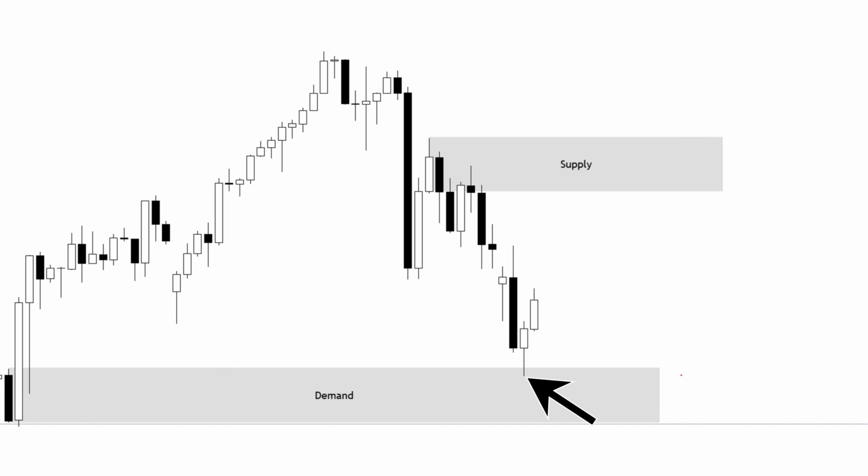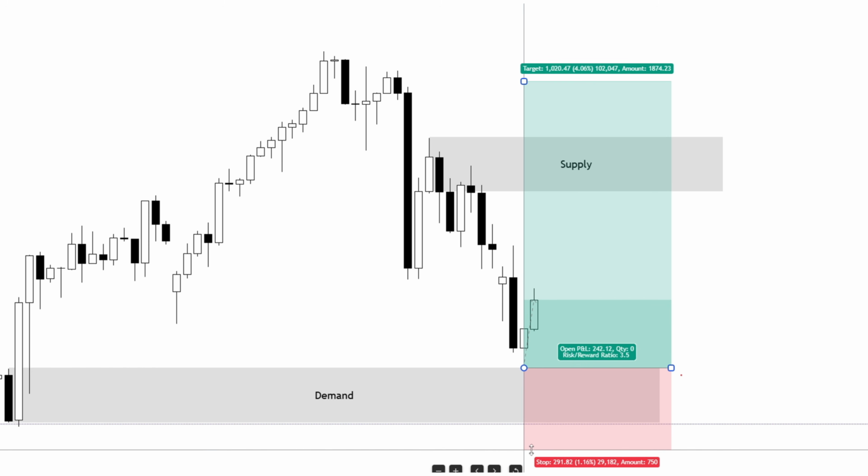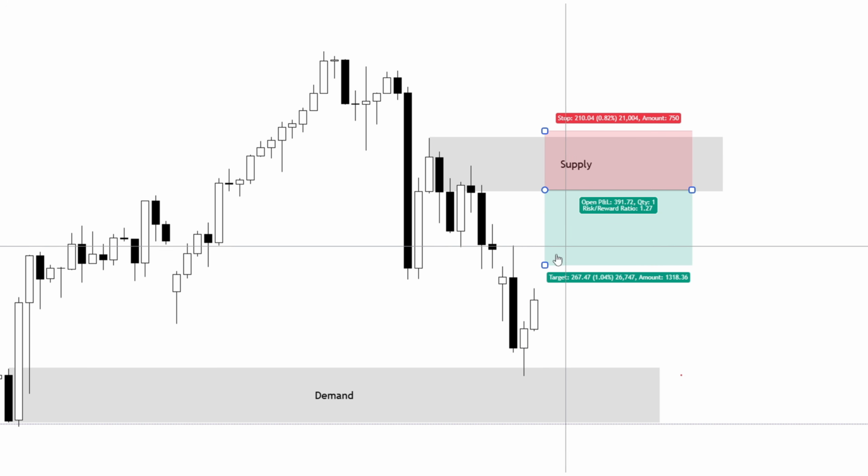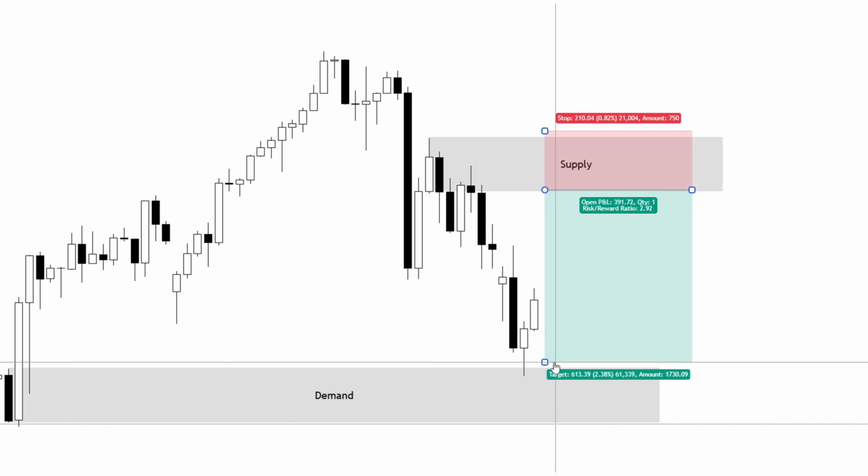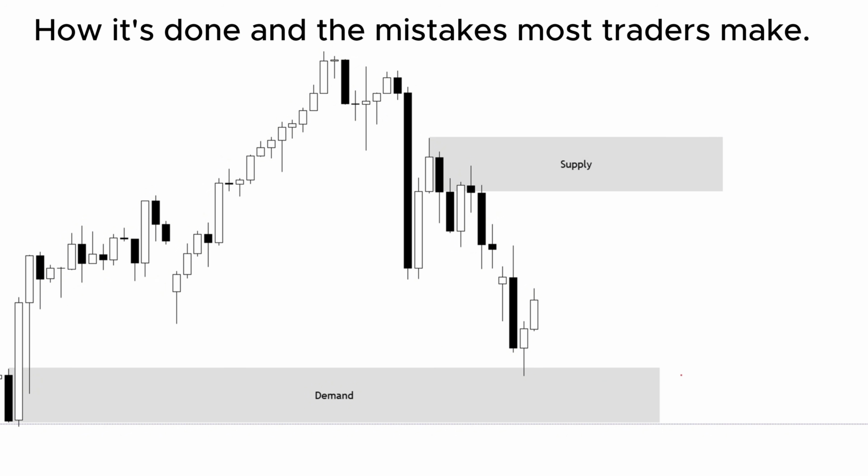When there is a demand but a supply as well, most traders don't know which one matters. If you're trading the demand, what levels are you targeting? And if you trade the supply, what levels are you looking to target? Let's jump into the video and explain how it's done, and the mistake most traders make when they face this